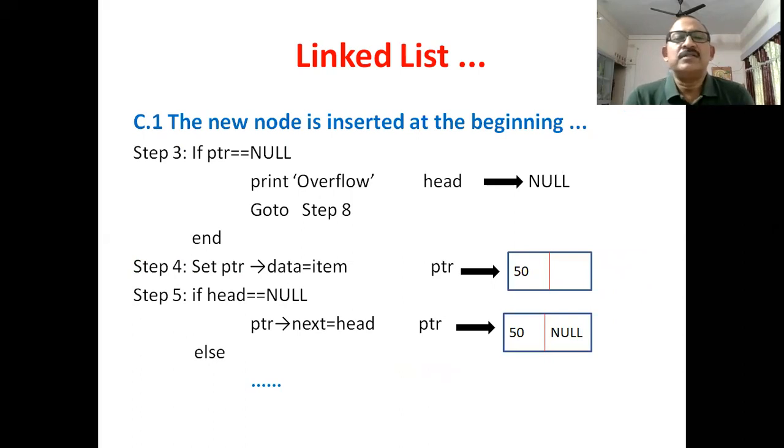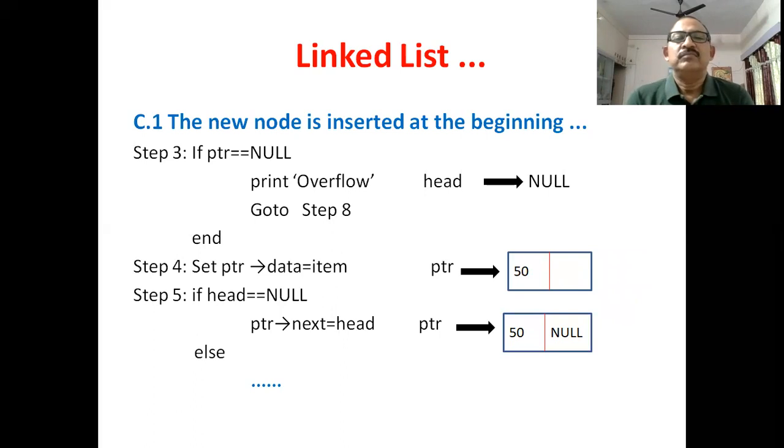If PTR is null, what does it mean? Overflow, which means user memory is exhausted, that is, there is no space in the computer. In that case, you will go to step 8.